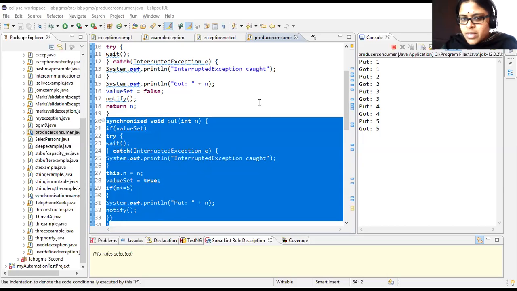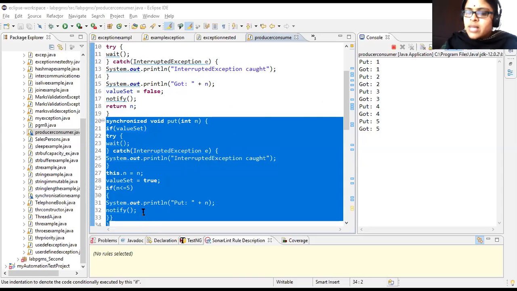So if the notify is not given by this particular producer thread, your consumer thread, if it is waiting, can never get back to the runnable state at all. If it is not coming to the runnable state, then it cannot go to your running state and it will stop over there. So what is your notify doing? Producer is giving a notify statement telling clearly that this work has been done and the other thread which is in the blocked state can take control now. So that means if any thread is in the waiting state, this producer is telling that that thread can now execute and this thread has completed its execution. So that is what you mean by notify.